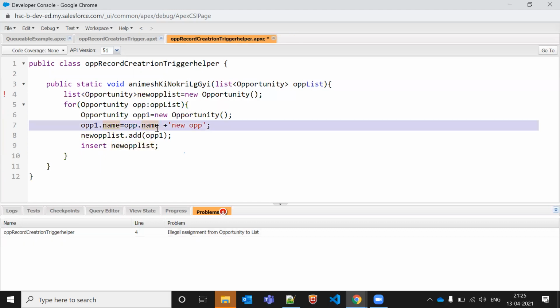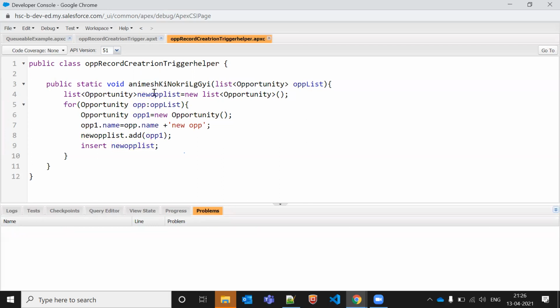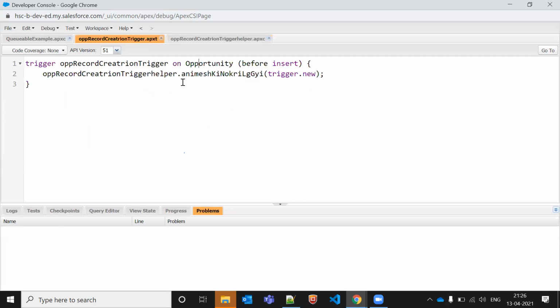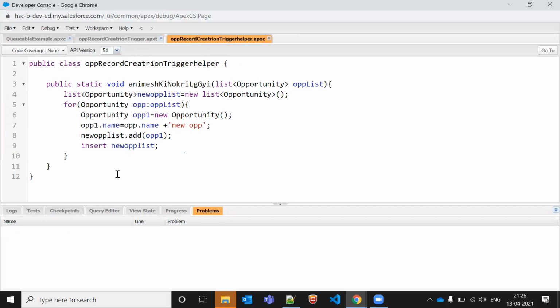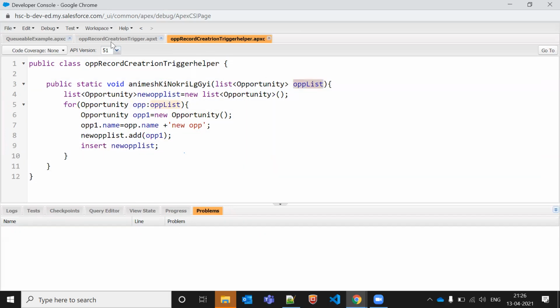Okay, so we need to create this record only. Okay, new list of. So what's your task now? I want to insert the number of records. I want to use the helper class. You know, this trigger will definitely work. This is a helper class. Whatever data we are getting from there, we are fetching this SOQL in this opportunity, and we are processing the record. If we are getting one record, then it will create new records. This is correct, right?